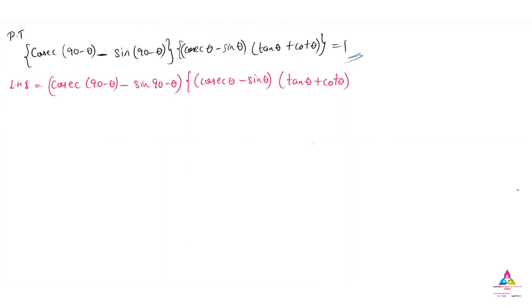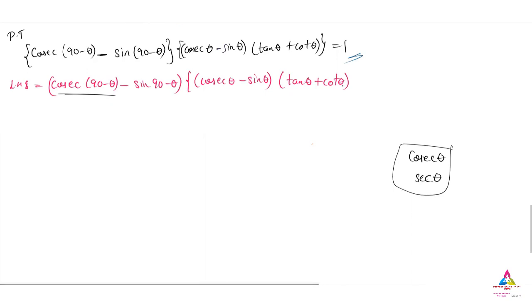And remember, always this is a complementary angle. Cosecant(90 minus theta) is the complement. The cosecant theta is complement with what? Secant, sec theta. Okay, so these are complements. Complement means if you add the two angles, you must get 90 degrees. This type of question I have solved yesterday, some applications of trigonometry that you might have seen. If you have seen, it is good. So cosecant(90 minus theta) is secant theta.